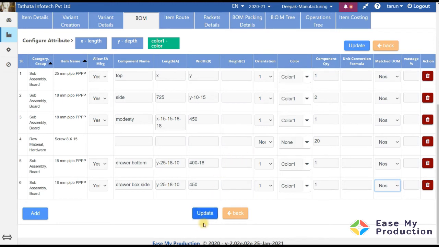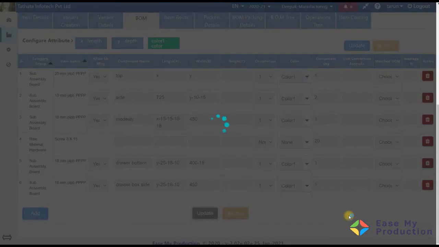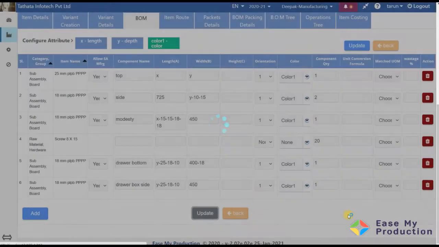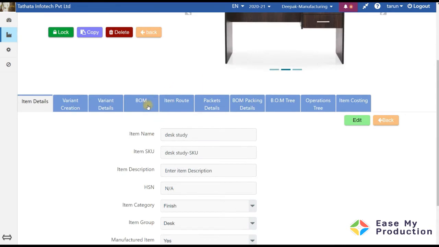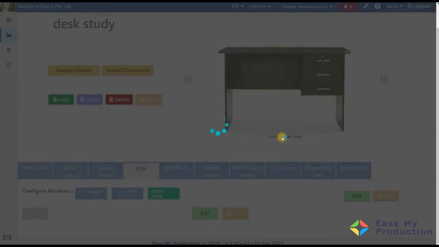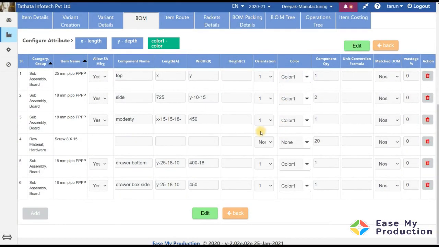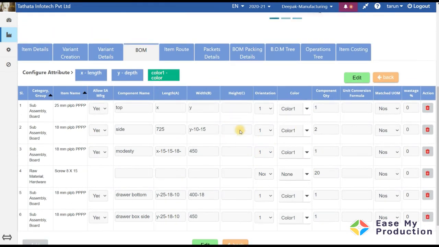So now let us save this. Now let us see it again. My BOM structure has been saved. Now let us inspect this structure in a BOM tree.